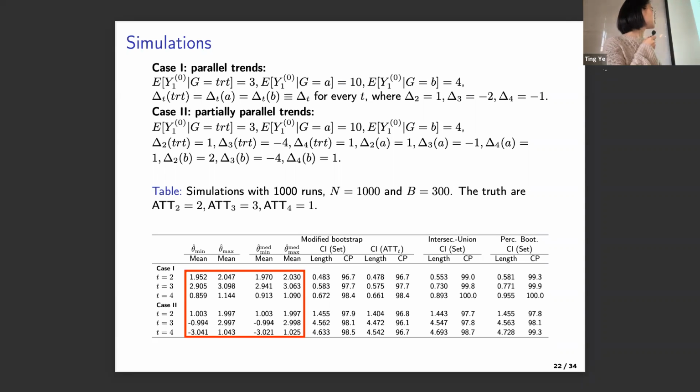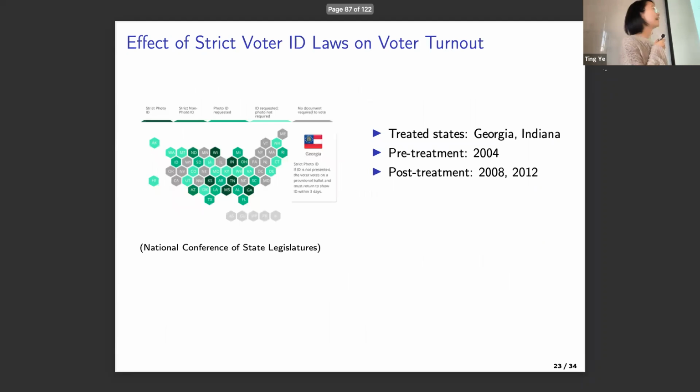I mean, in this case, the intersection union bound is not that conservative, because a lot of the parameters are not equal to each other. So in this case, it's not bad. So you can imagine if you have a unique minimum and a unique maximum, then the intersection union bounds under some conditions are actually correct, with the correct coverage. Please save the rest of the question for the interest of time. Yeah. Okay, so I will be quick on this application.